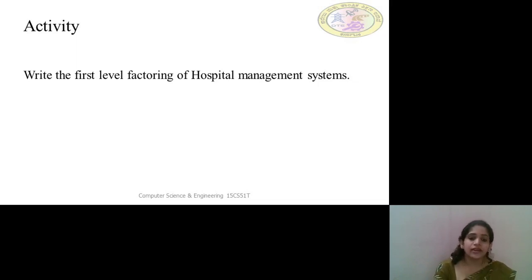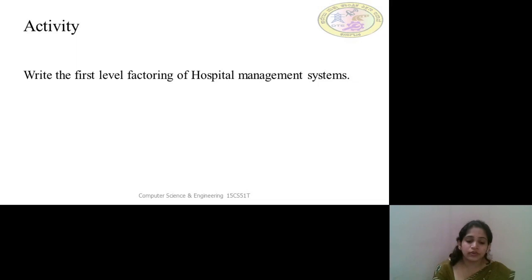When we have to manage something, first we have to create the login: login for the administrators, login for the management people, or login for the patients. The first input module we should give is login access for all the people who are involved in the hospital management system.